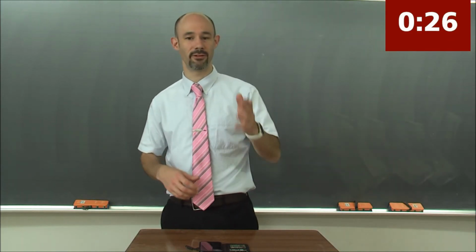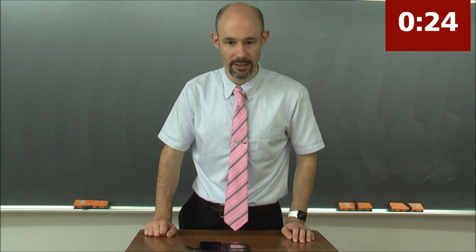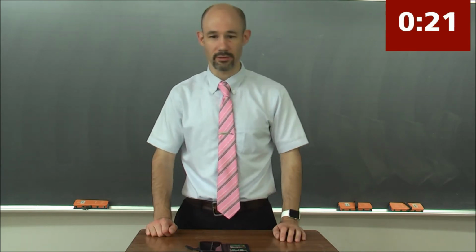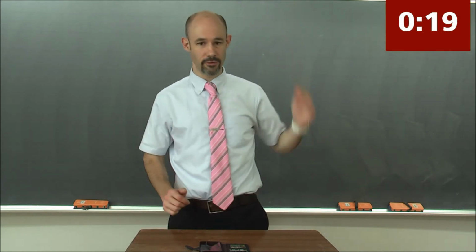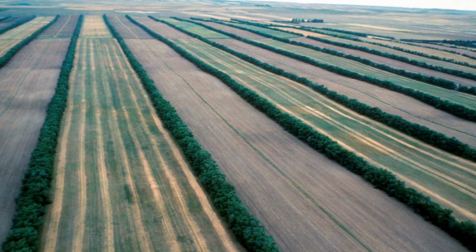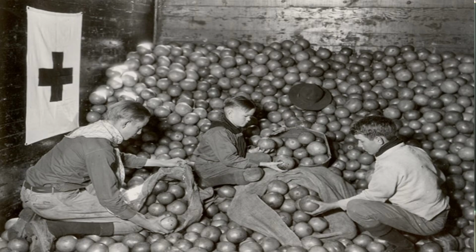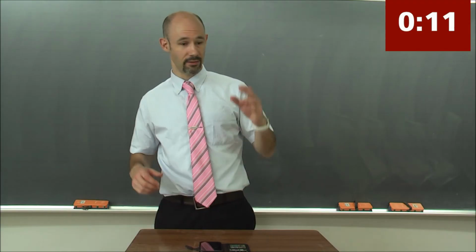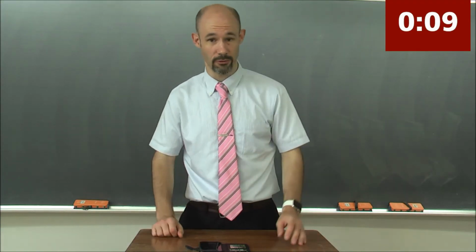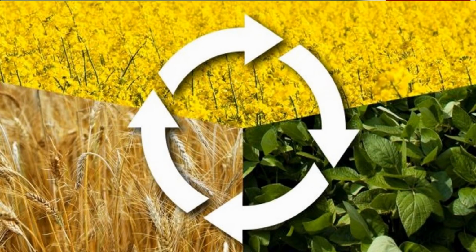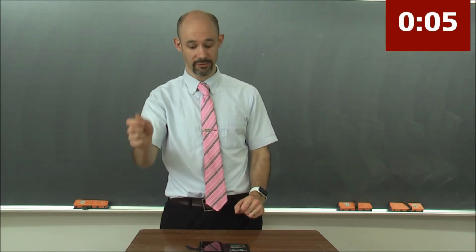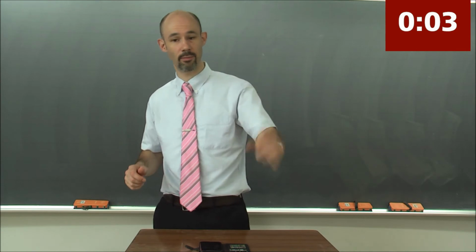And FDR, Roosevelt, he came up, well, he didn't come up himself. His advisors came up with some ideas to try and help the situation. He planted 2 million trees from Canada down to Texas as a windbreak because they needed to stop this wind. They sent in food aid, lots and lots of food aid. They educated the farmers about crop rotation. They imported grasses from Africa, hardy desert grasses. They imported those and started to plant them.